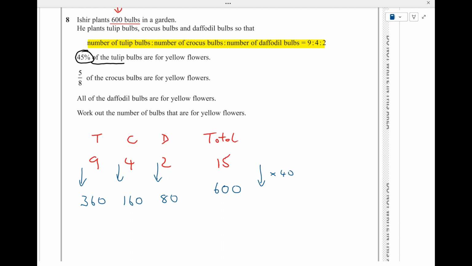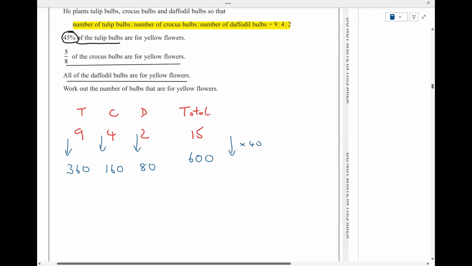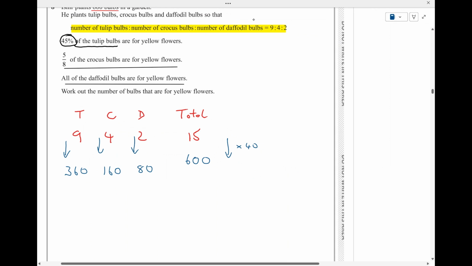45% of the tulip bulbs are yellow. 3/8 of the crocus bulbs are yellow. All of the daffodil bulbs are yellow. Work out the total number of bulbs that are yellow. Right, so let's have a look. So the yellow ones are going to be